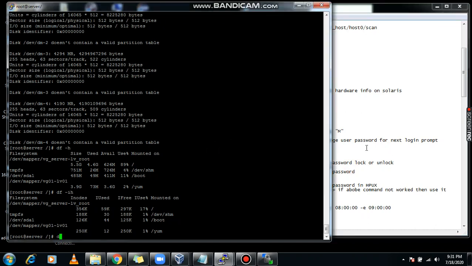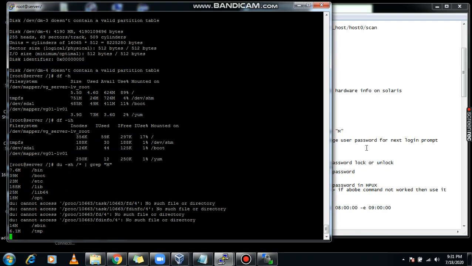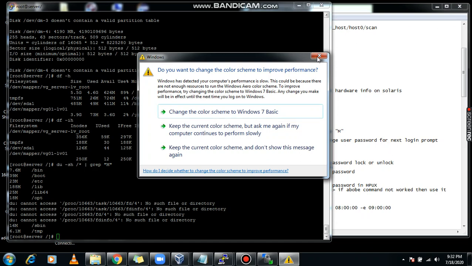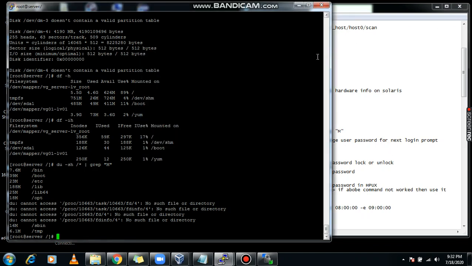du -h, du -sh *. Using this du command you can identify the exact size of a directory or file system.